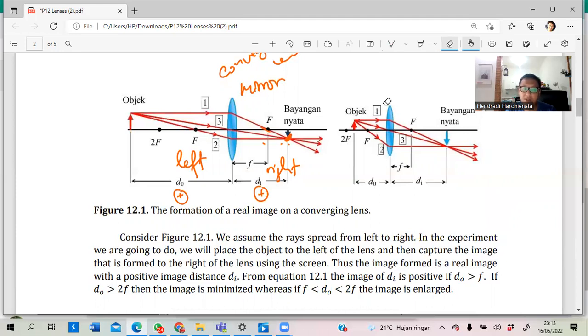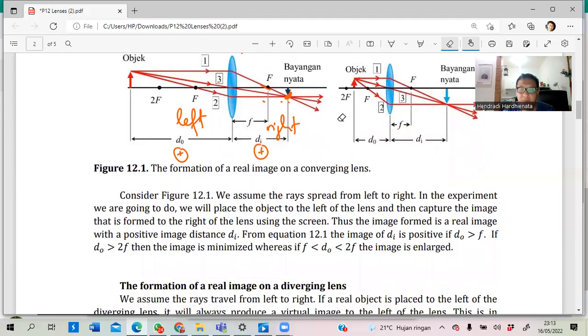So what we are going to do is place the object on the left of the lens and then capture the image that is formed to the right of the lens using the screen. For the experiment here, we use a real image because we want to display the image on the screen. From the equation, if the image distance DI is positive,